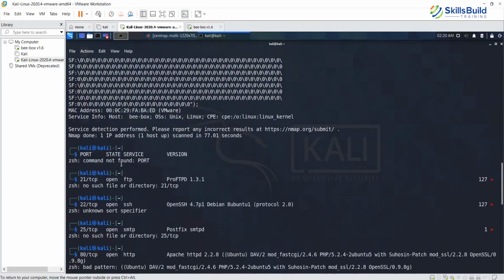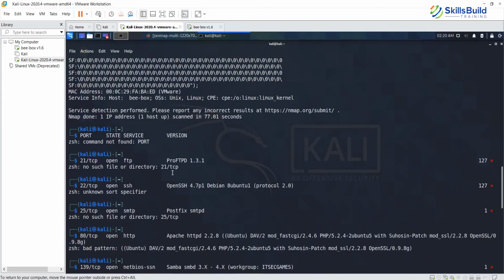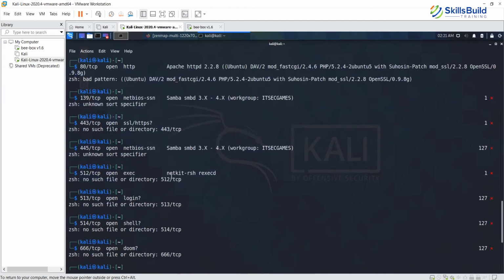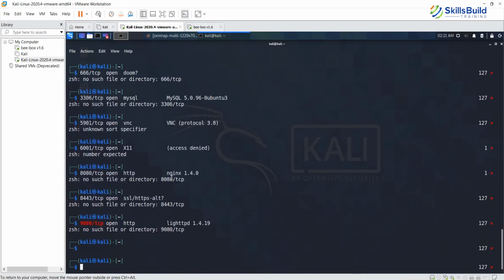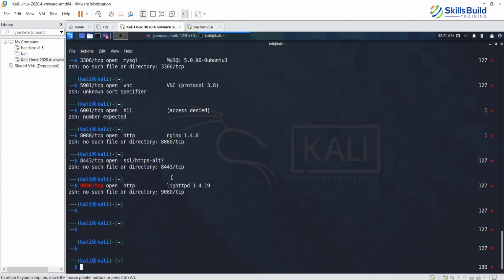So basically you have a lot of other information there. It gives you service detection performed. So a lot of information has been returned as the output. This command is still running, by the way. It's not stopped, it's trying to figure out what to do. This is because we had increased the intensity. So I'm going to terminate this command and now we will run another command.